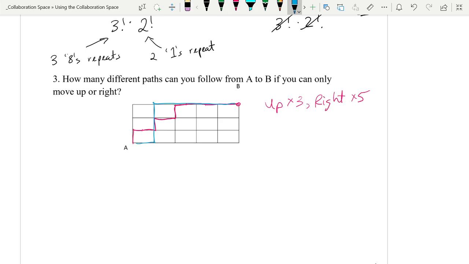Look at the blue one. How many times do you move up? Here, here, and here. How many times do you move over? Here, 1, 2, 3, 4, 5. Notice it wouldn't matter which path you took. Every single path you took